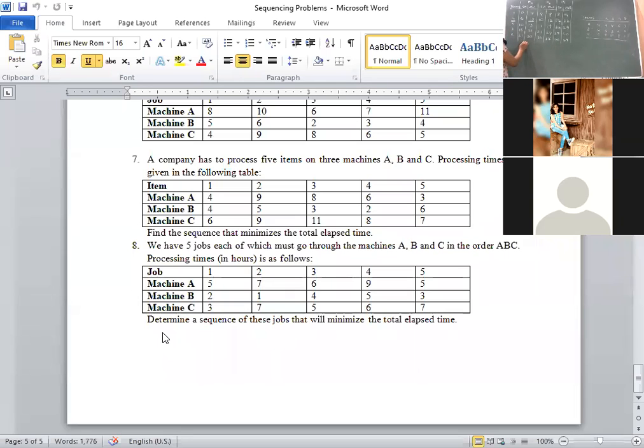Okay, then we need to calculate idle time for machine A. Idle time for machine A. The formula is last machine out, that is machine C time out, minus machine A time out, that is 49 minus 30, it is 19 hours. Similarly, we need to calculate